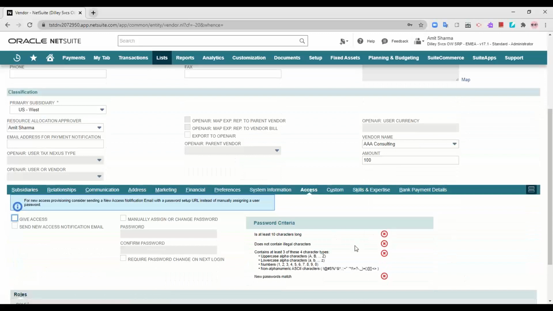Now it may happen that you can actually lock this vendor, in the sense that you can provide access to only specific employees, or you can manually assign or create a password in order to use this vendor. So whenever a person selects this vendor, a password will be required, and whoever has the password can use this particular vendor.